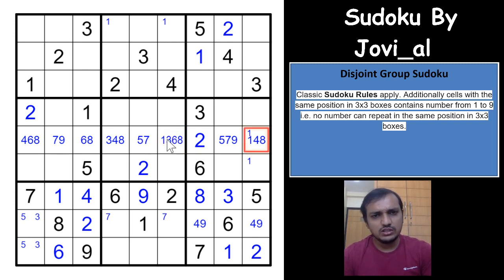So as you can see here, that's a really good logic, that 1 is already placed in one of these 2 cells, which is in the same position of each box on both the boxes. So that is not much helpful because all the other ones are placed. Okay, I can see the same logic with the 4 here. No, okay, that is still possible.